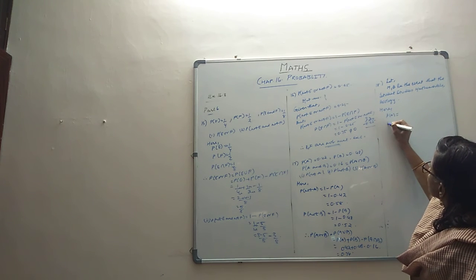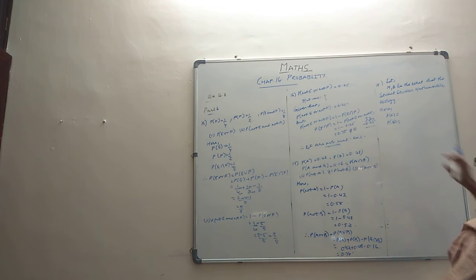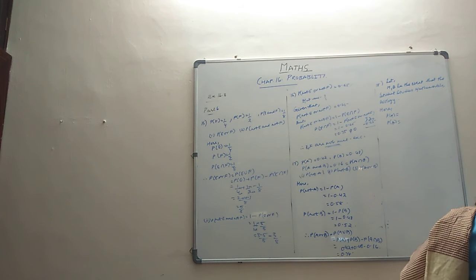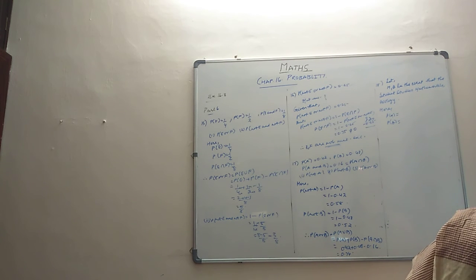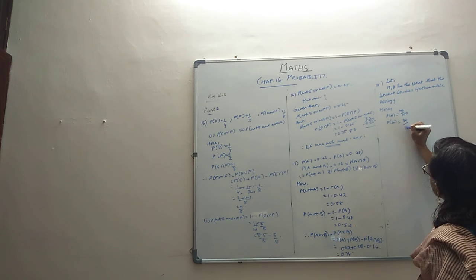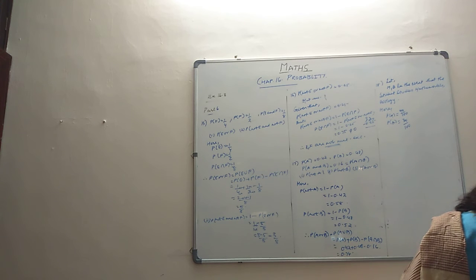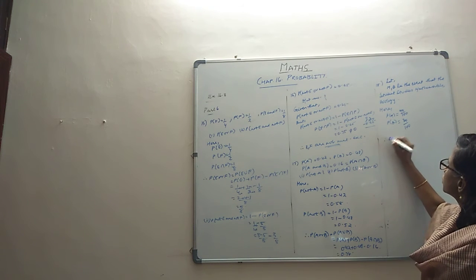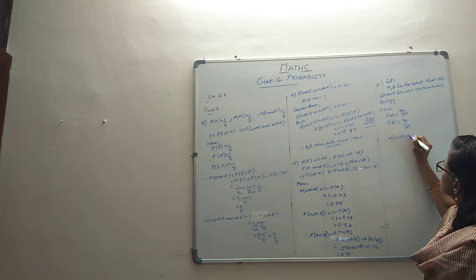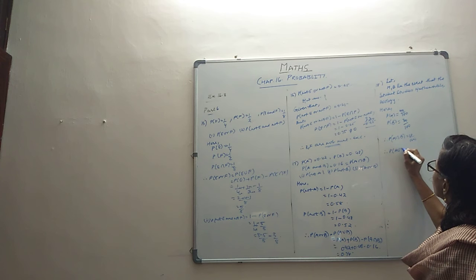We have taken M and B, so probability of math, so that you don't get confused. That's why we take the same thing. 40%, which means it is 40 out of 100. This is 30%, 30 out of 100. And 10% study both. Please mark the word both. Mark the word both means it is intersection. 10 out of 100. What's the probability that they study either or, they have asked.